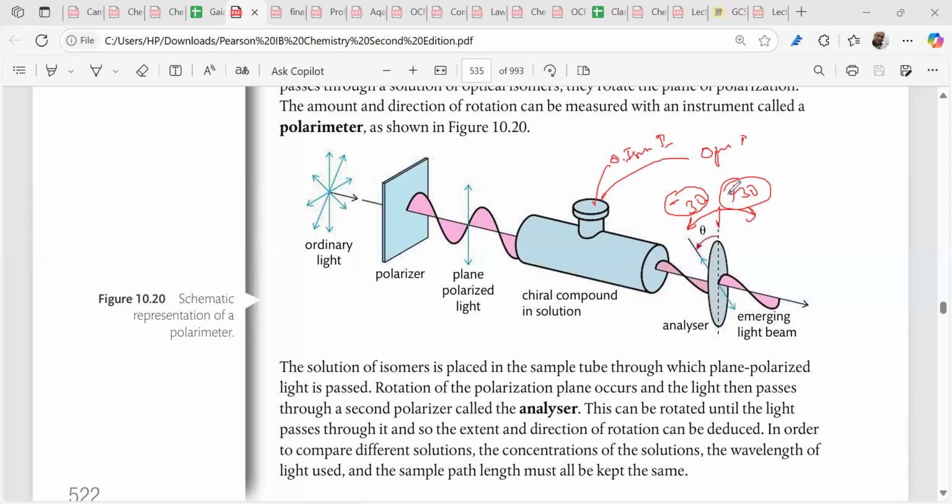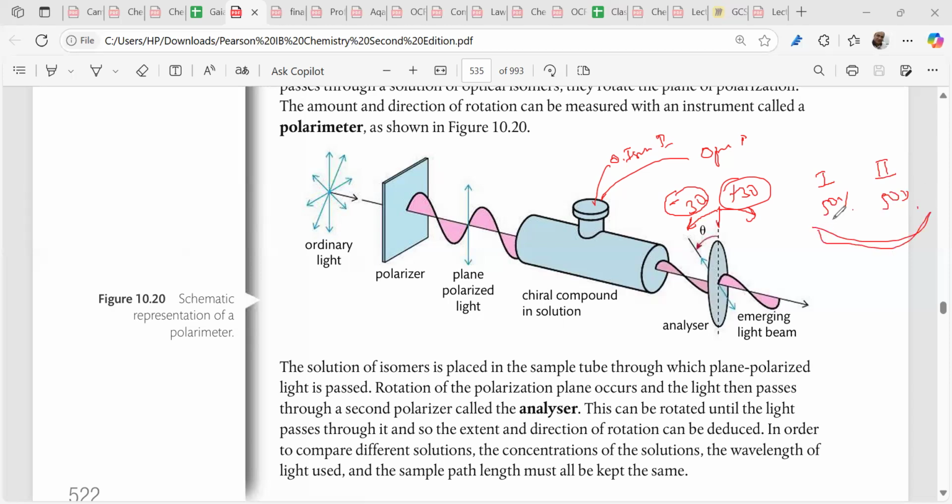Do you get my point? So this is very important. Understand this part? You have all four groups different, and they will rotate in the opposite direction. Now, if you mix optical isomer 1 at 50% and optical isomer 2 at 50%,